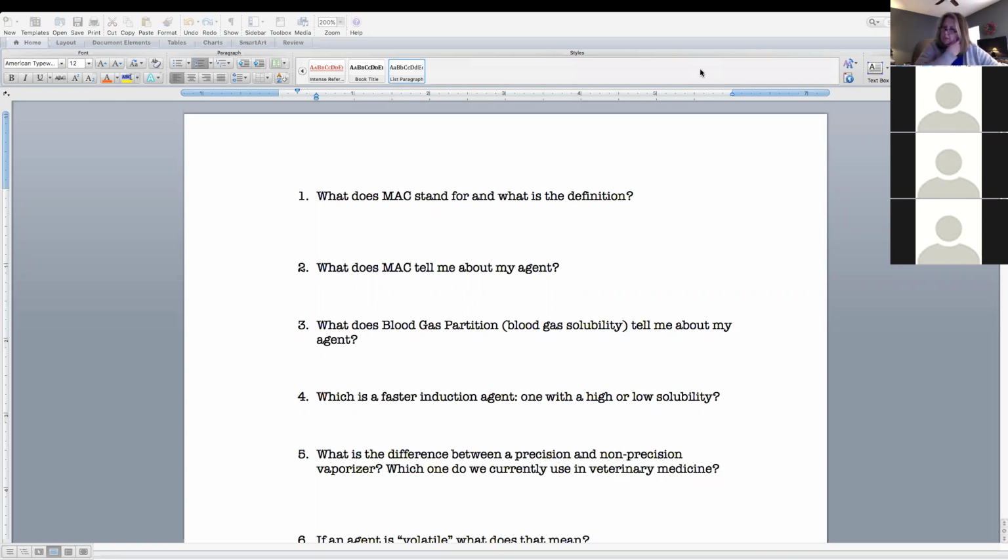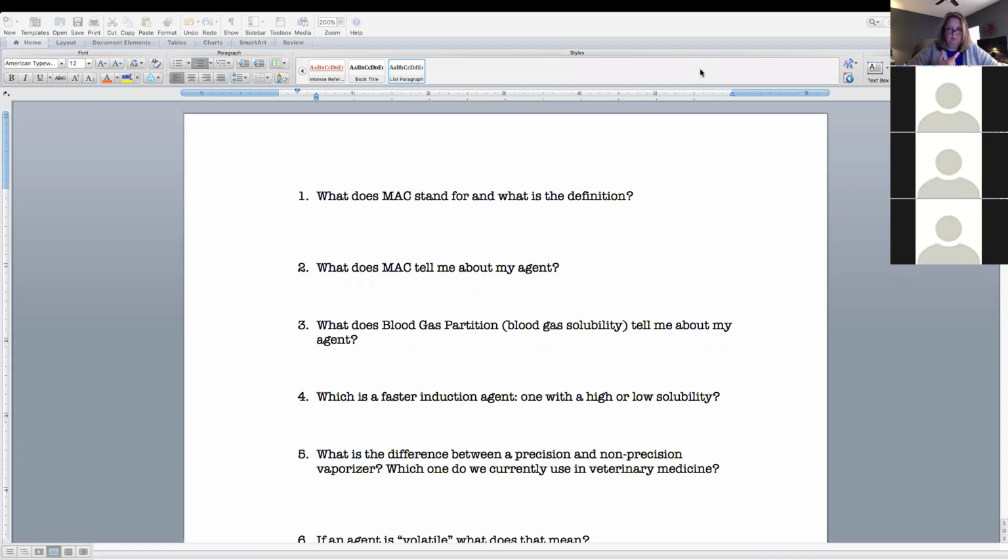That definition was in the handout, that inhalant summary handout, also in your book. And what does MAC tell me about my agent? MAC tells me how potent my agent is. If you have a very potent agent, it doesn't take as much of it to cause the same effect. Now, remember, MAC or potency doesn't tell me how fast it works, because, for example, when you compare the